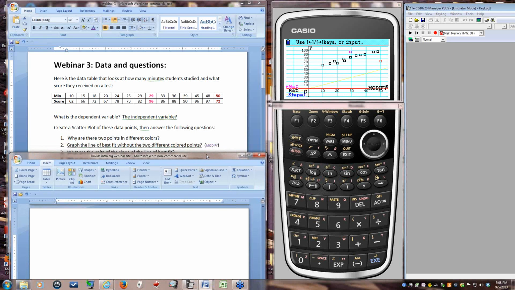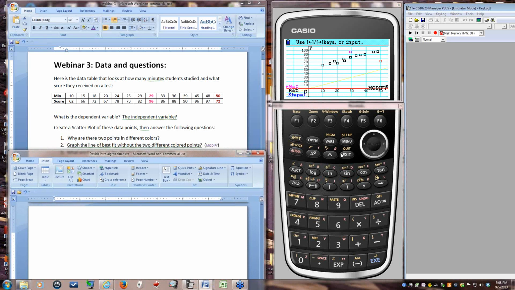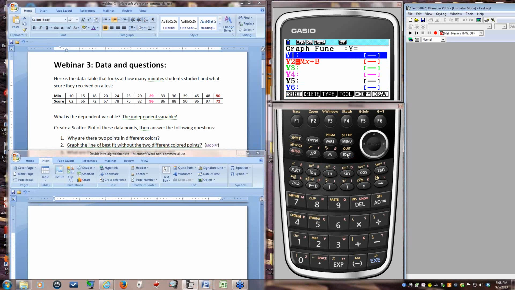So what I want students to do, and let's get back to the equation, I want students to figure out the line of best fit. I did it in Y2, so it comes out red. I wrote it as Y equals mx plus b. That's the same standard slope-intercept form that students are used to. If I hit draw, which is what you probably do more often than not, it's just going to draw the graph of whatever values happen to be there for m and x. I've already set them both to be 0.